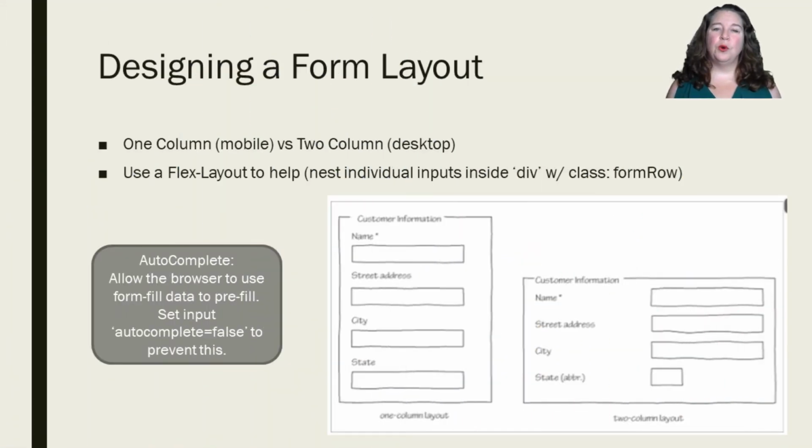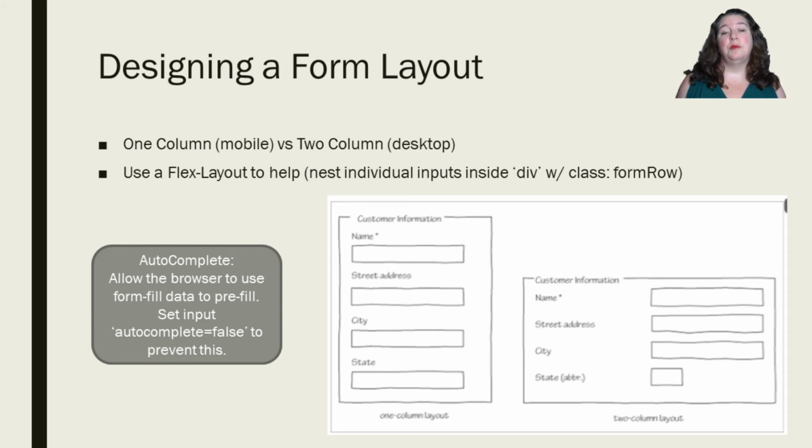When we talk about our form layout, generally on a mobile device, we're going to want to have a one-column layout where we do not have two columns because we just don't have the space. We don't have the real estate. Sometimes the one column is a little easier because the label is so close to the text that it's easier to see. You can also use a flex layout to help you to nest the inputs inside of divs for your individual form rows. And one of the things that we're going to be doing is an autocomplete,